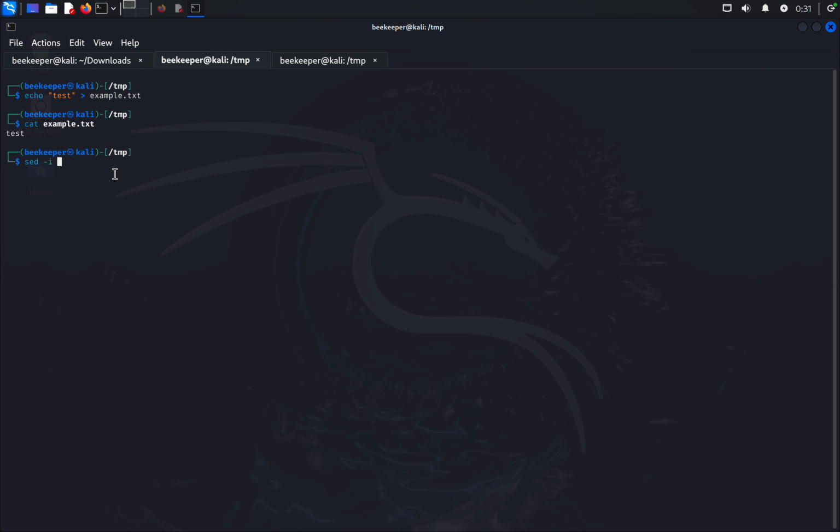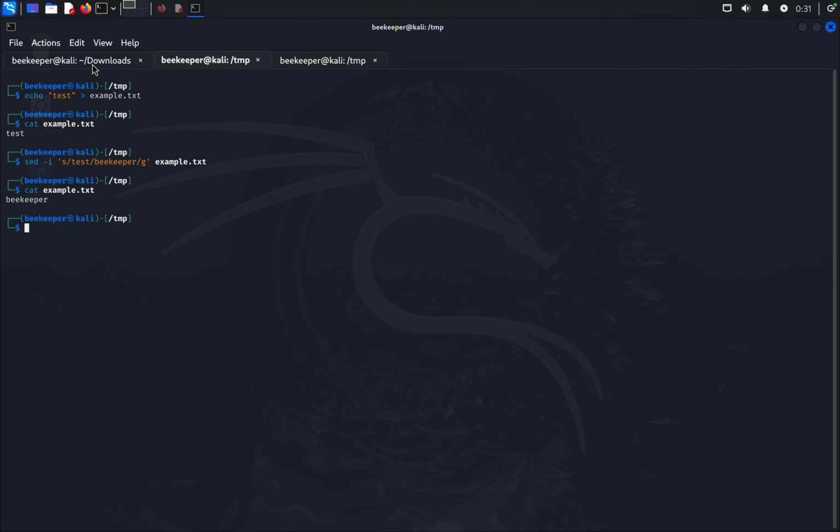So sed -i, then s, and we are replacing test with beekeeper, g, and then the target file is example.txt. Now nothing is being returned in response, but we can cat example.txt